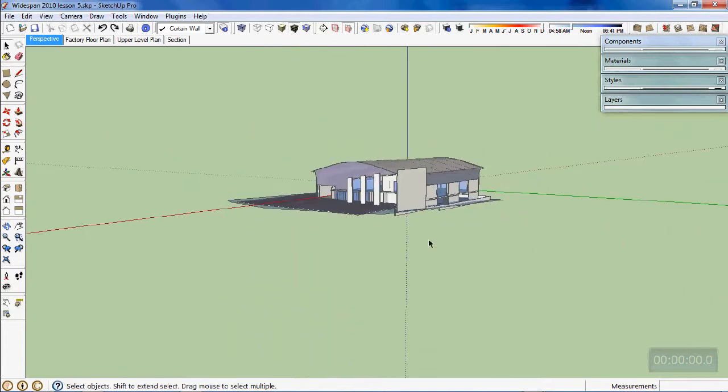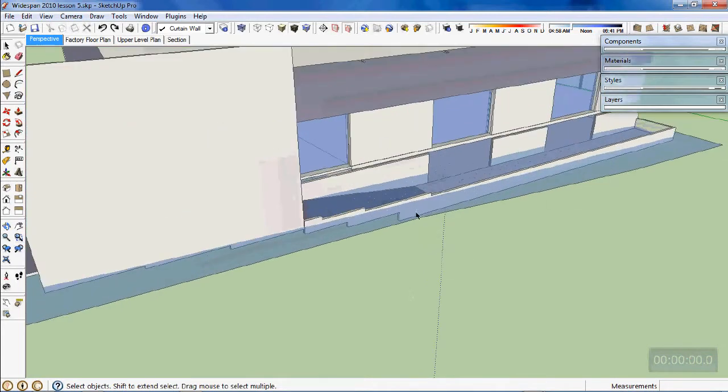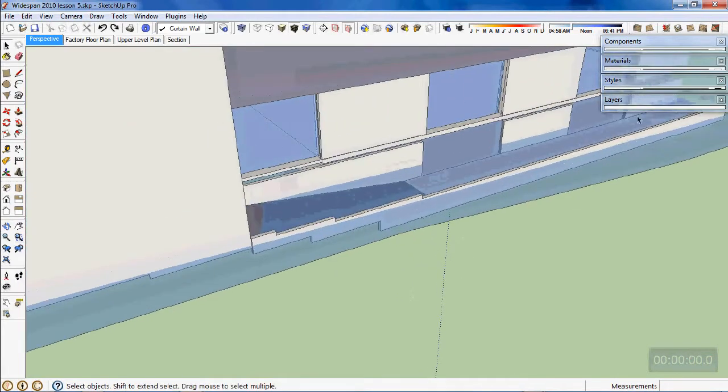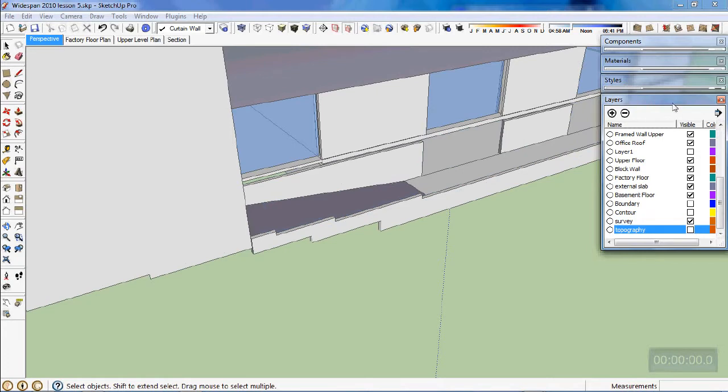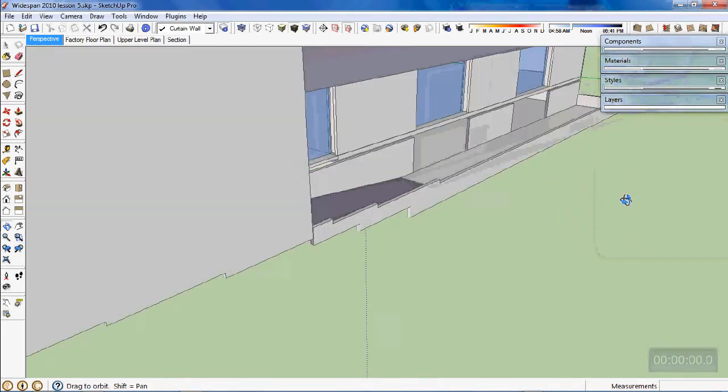We're then going to put a ramp. Now I'll just turn off my site, my layer at the moment. I'll show you because that's another thing we're going to be doing. No, not that one. Must be a topography. That'll be it. Sorry. Okay, I'll show you about that in a second. But then once we've got the